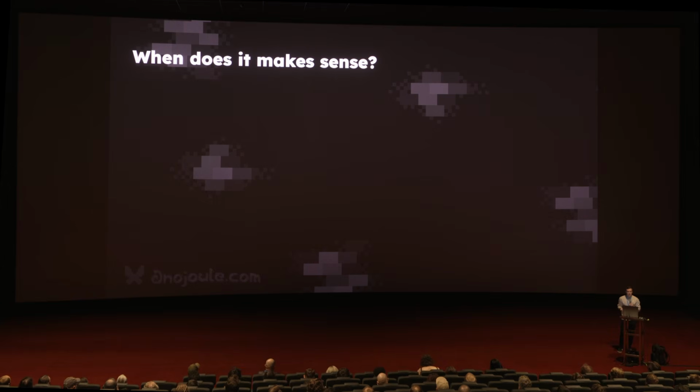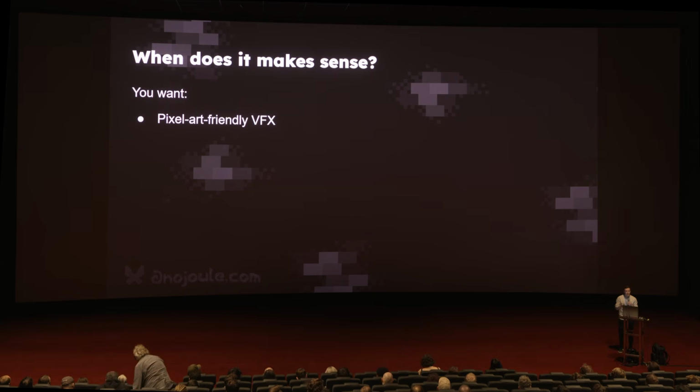When does it make sense to use? It makes sense if you want pixel art friendly visual effects. What do I mean by that? Let's maybe think about outlines. If the outlines should be 1 pixel size, if even 1 pixel fails, the whole outline can break easily. So you have less pixels to work with in pixel art in general. So mistakes are much more punishing, and some visual effects that are more designed for pixel art can help alleviate